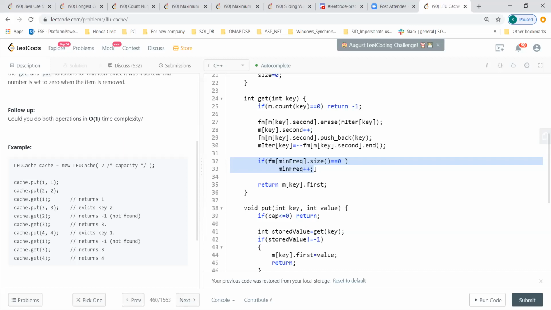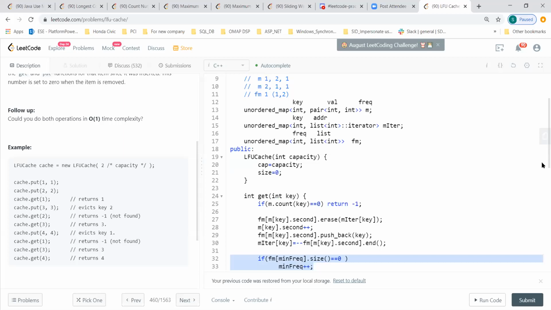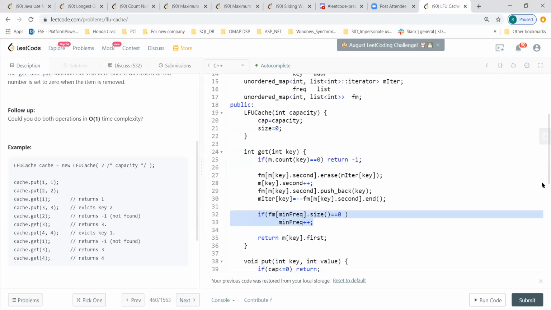If I put something like 1, and I get that, so that frequency goes to 2. Now I put a new element. If I get that for the second time, that frequency for the 1 is 2. Then we do the same thing for 2, 3, 4 like that. So we're going to hit this condition 4 times, right? No, but we won't have the size to be 0, right? Yeah, size won't be 0. The frequency size, FM, has something to do with the list. So you'll have to have something in the list, right? Yeah.